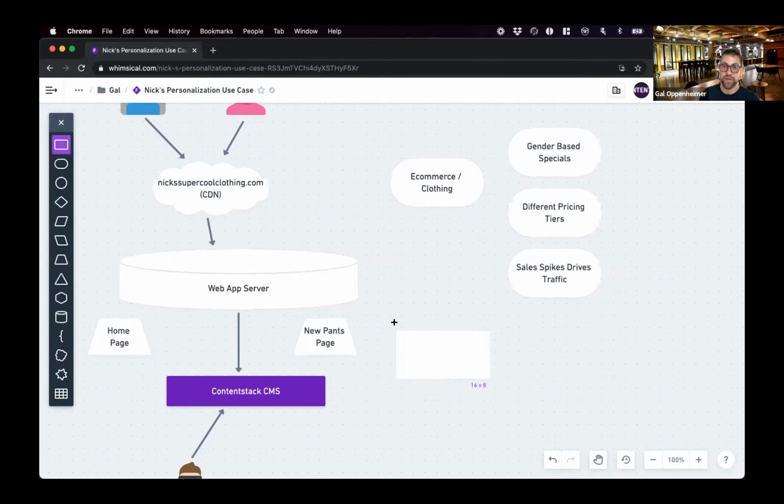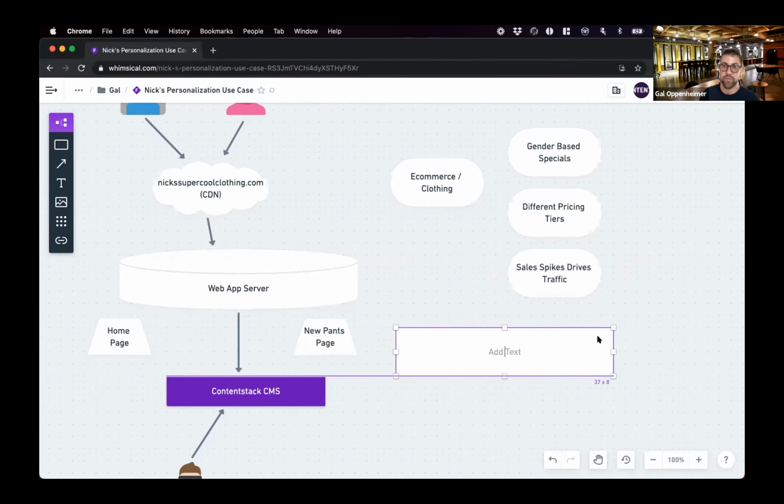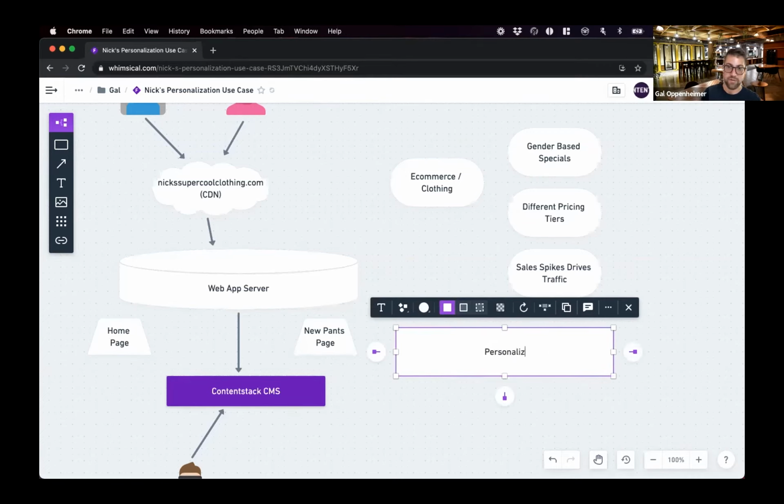So what you'll do is you'll connect Contentstack into a personalization engine. And there are tons of companies out there. There are tools like Uniform, Constructor, Dynamic Yield, and then also all the big cloud providers have their own solutions as well. These are just a few of them. There's quite a lot of them out there.